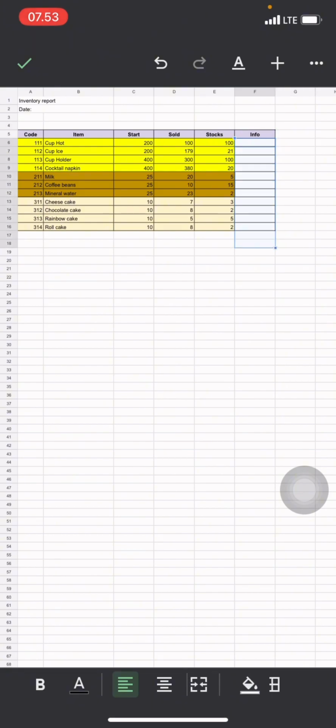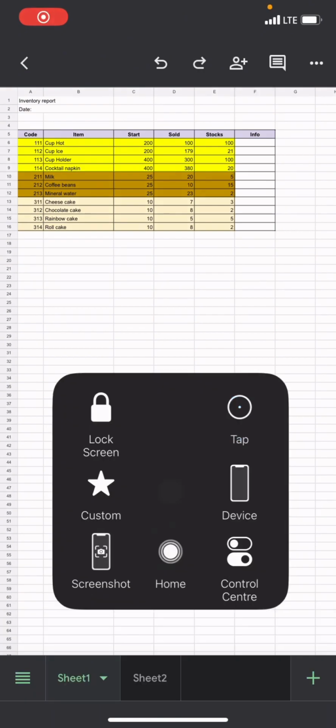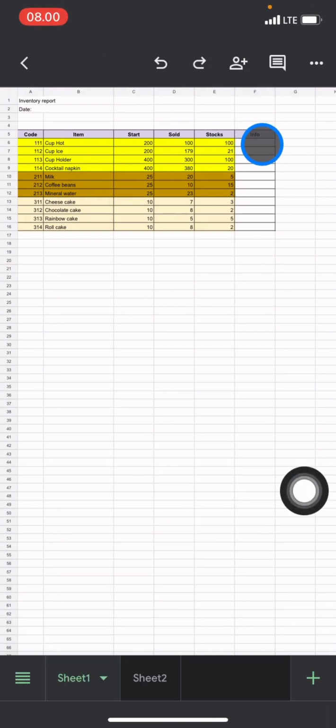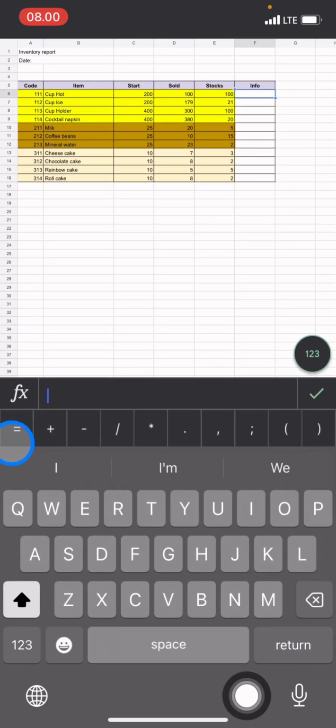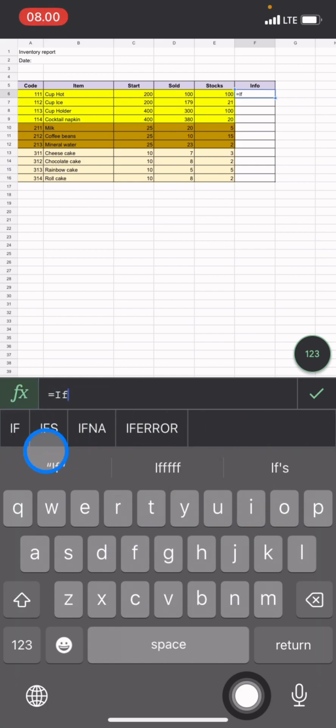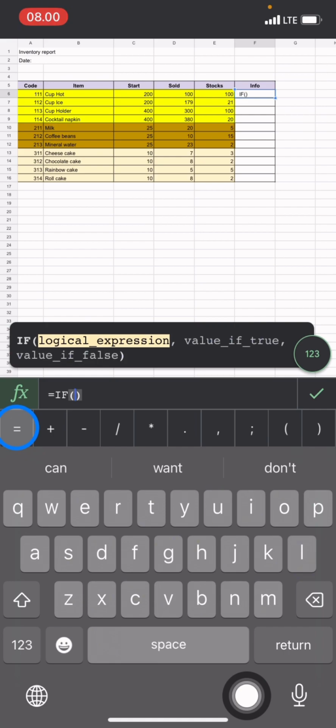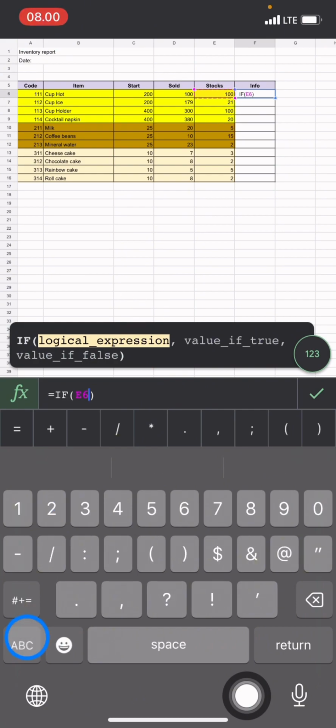And how to add what we do for the stock. Either we need to restock it, or it's still available for a few days. How to do a function: you need to click the cell on the results, and after that click this pencil. Now you just need to click equal and type IF. There will be a pop up here, you just need to click it, and after that choose the source of information, which is this one, and after that you need to add the symbol of